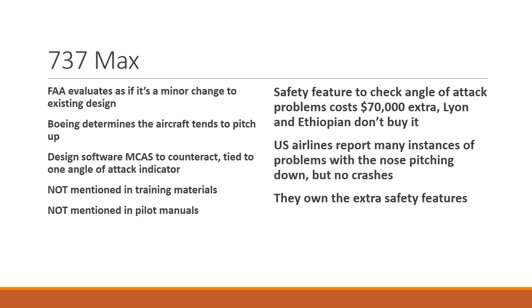But the point is, the pilots, generally speaking, didn't know this feature was there, didn't know this new software was on there, weren't trained in the characteristics of the new plane. Its change in flying characteristics weren't explained to them. And it's because the regulatory system was left to the hands of the manufacturer,